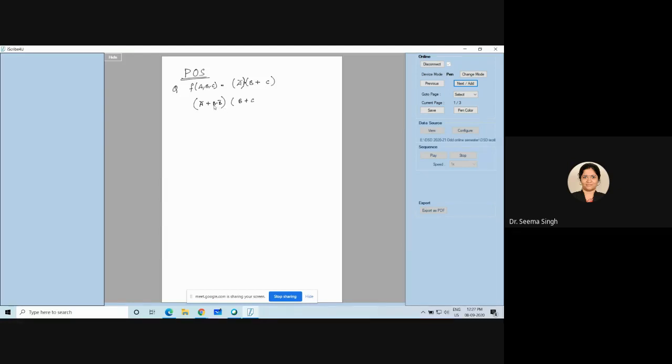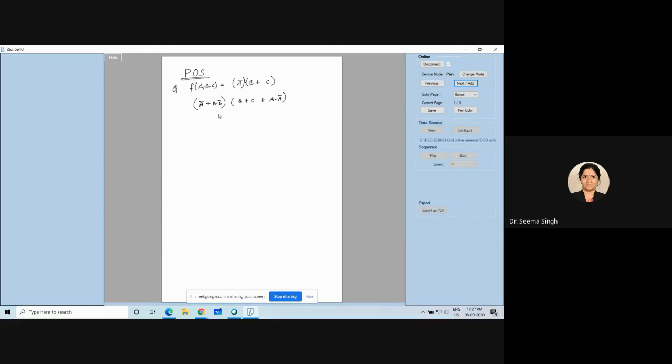So this is the method for converting to POS. Now B plus C is there already. What should be ORed with it now? A dot A bar. And as I told you already, whenever you open brackets or apply any distributive law expression, you should always keep it in order. A is MSB here, A should always be on the left. C is LSB here, and C should always be on the right.